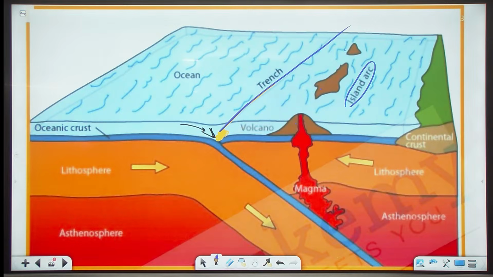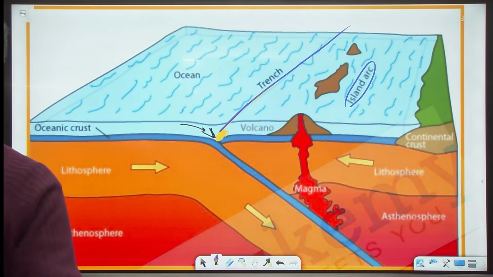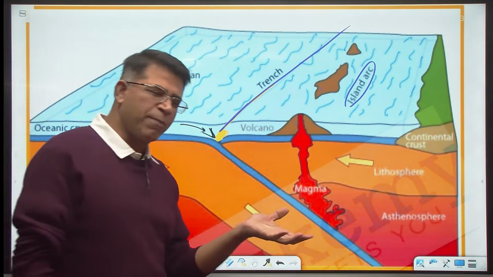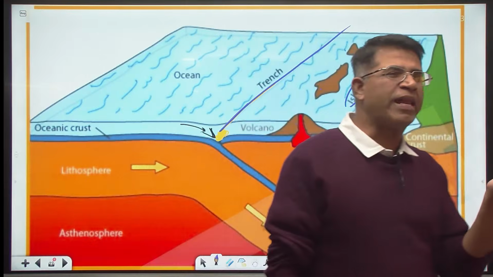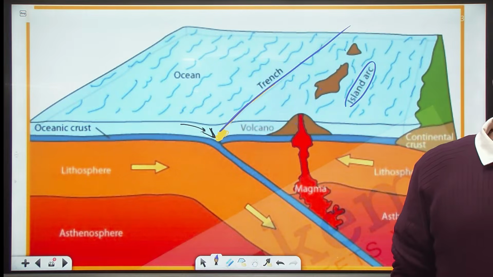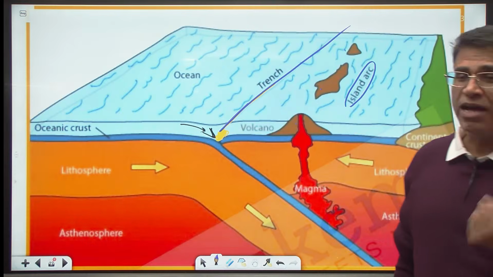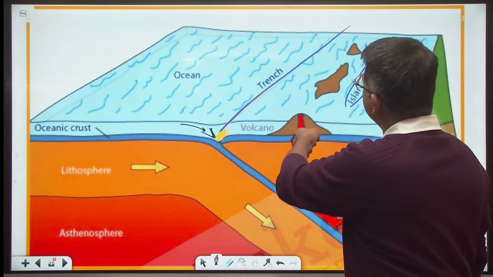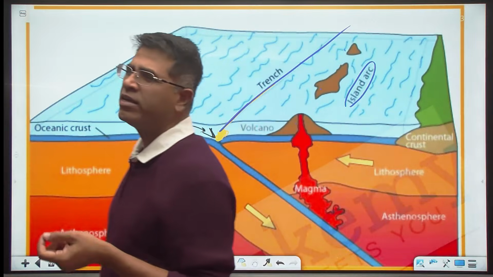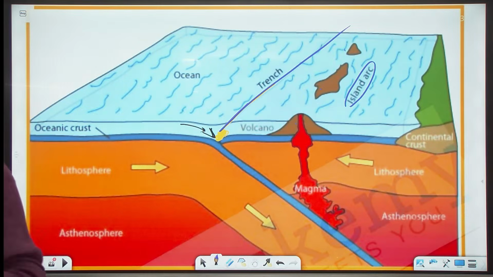Okay, so I'm talking about whatever happens on the ocean floor. The ocean floor can have basalt eruptions, the ocean floor can have trenches, the ocean floor has accretionary prisms, the ocean floor has these volcanic islands which are of andesite composition. Okay, 3-4 types of features that we have discussed.